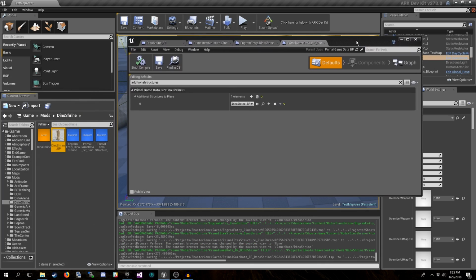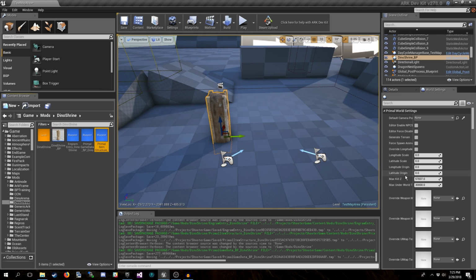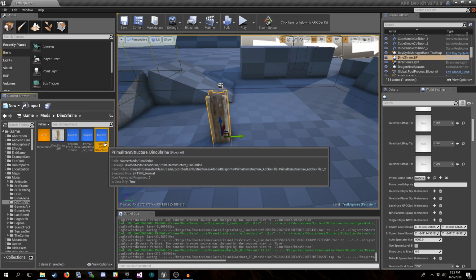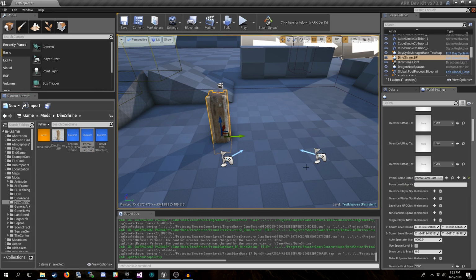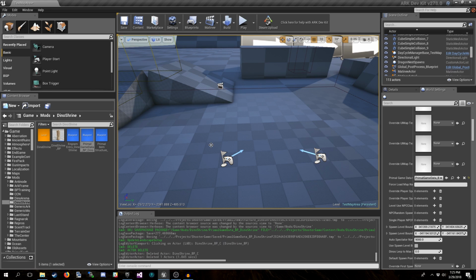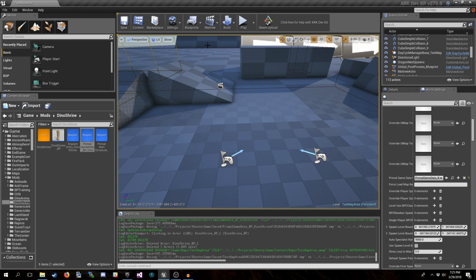So now what we want to do, and I know I said before we don't want to change the test map, but when we're testing things like the engrams, we want to select our primal game data. And in the test map, we want to come down here to primal game data override and set that. We want to clear that before we shut down the kit, but we need to set it for testing purposes. So we'll save that real quick, and then we will play.